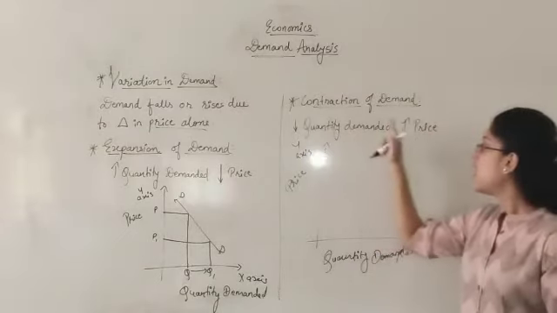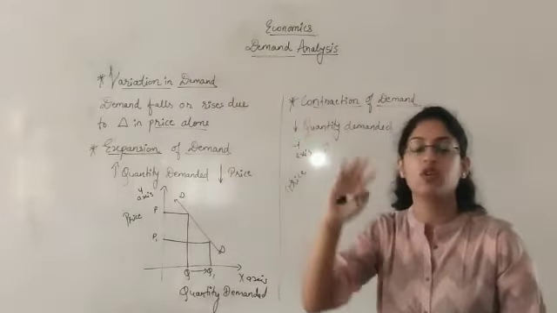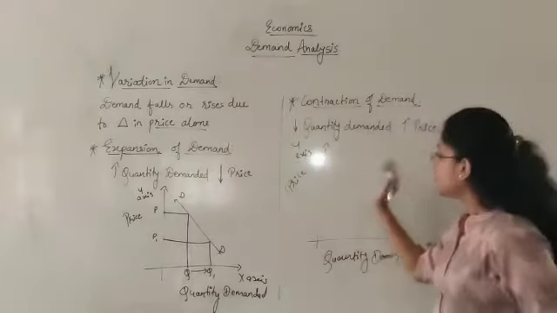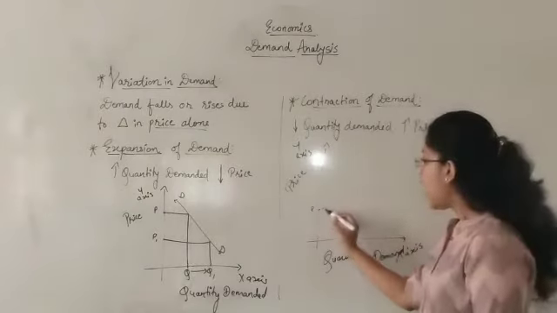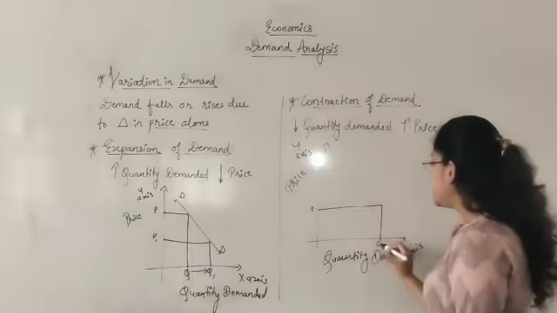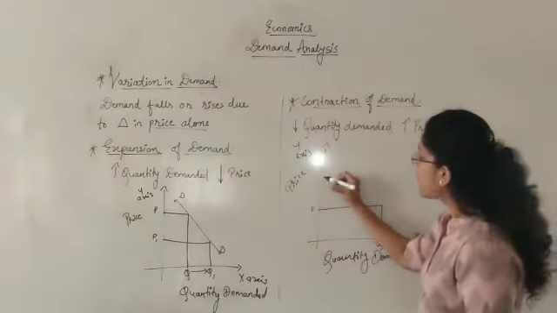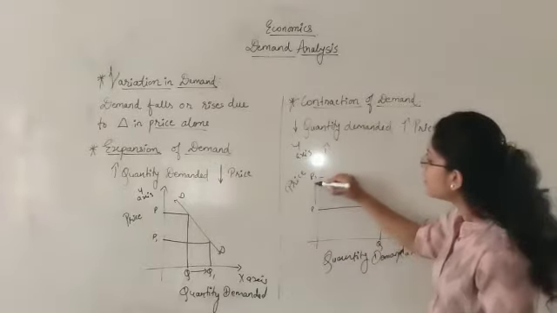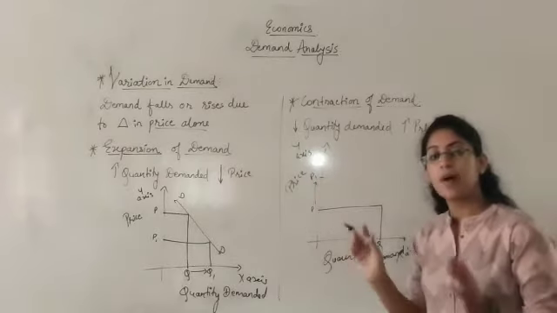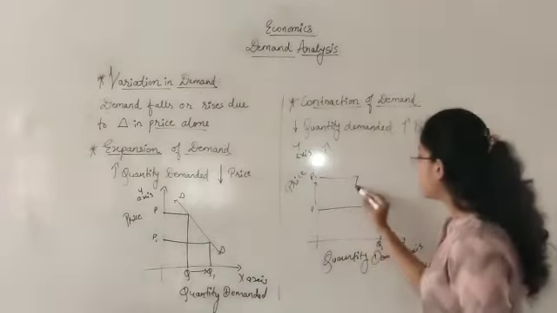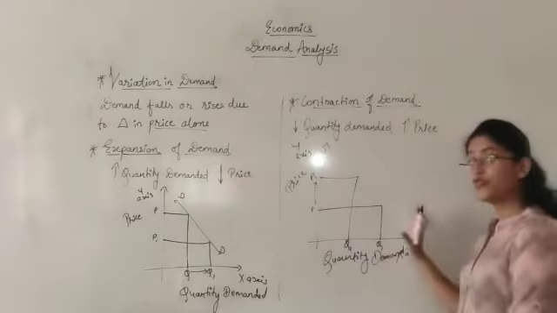Now what it says is, when the price is rising, when the price of a product is higher, then the quantity demanded will reduce. Okay, see, if the price is this much, that is P, at P the quantity demanded might be Q. But as price is rising, maybe from P the price may go to P1, there is an increase in price, right? So what happens if the price is increasing? Quantity demanded is going to reduce, so the quantity demanded might be Q1. So what has happened? Demand curve has shifted from right to left.